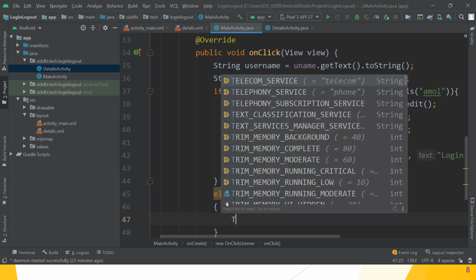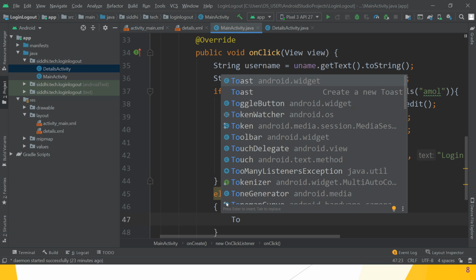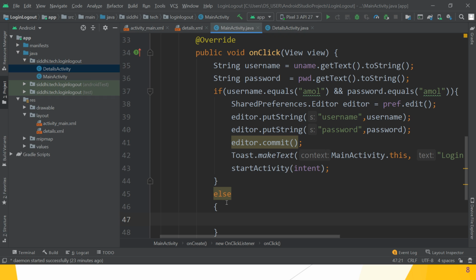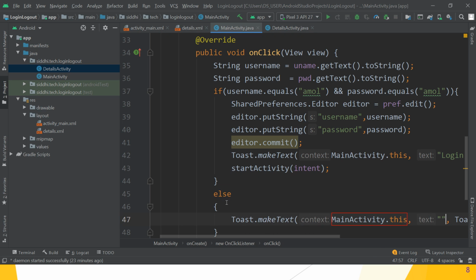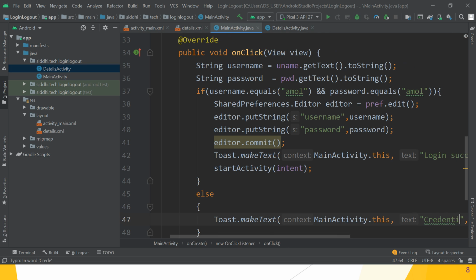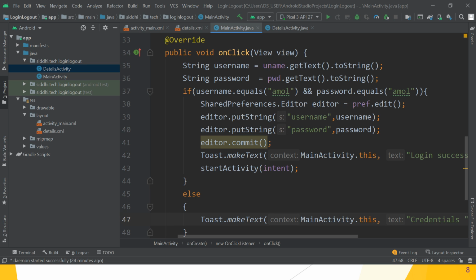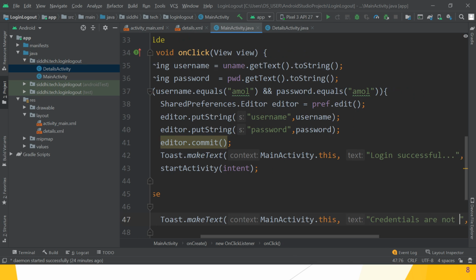If the username and password is wrong, that is Amol is wrong, you have entered the wrong username and password, then what happens? Then give the message as credentials are not valid.